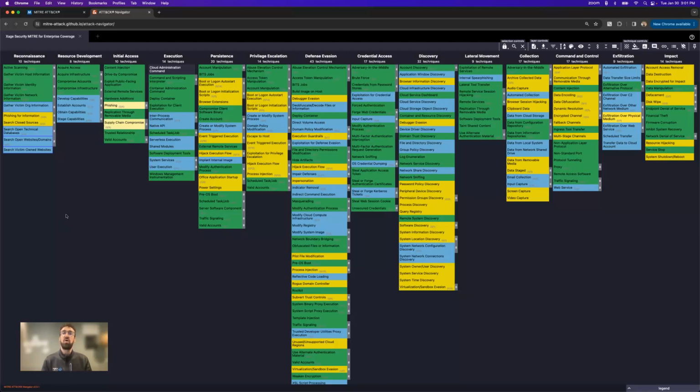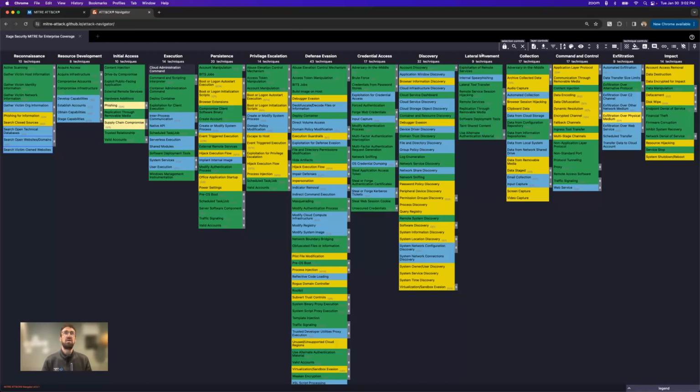And what I'm looking at right now is Xage Security's coverage of the MITRE ATT&CK matrix for enterprise. So the green ones are techniques or tactics that we have detection or mitigation for just on our own. The blue and yellow ones are ones where we would add value in more of a cybersecurity ecosystem situation and with our integration partners. So you can see we've got really broad coverage from left to right across the entire attack chain and throughout many of the techniques represented in each of the tactic categories, with particular strength in mitigating